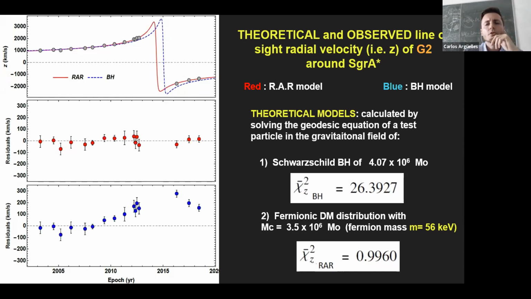However, the way it was done, it was needed to assume a gas cloud nature for G2, which is quite discussed recently. There are different works suggesting that G2 should not be a gas cloud, but of a stellar nature, because otherwise it would have been ripped apart by pericenter passage. And therefore, we find it very intriguing that, without the need of a drag force, it is possible due to the continuous atmosphere around the core of dark matter, which causes a gradient of gravitational potential, generating these changes in acceleration, able to fit this data.